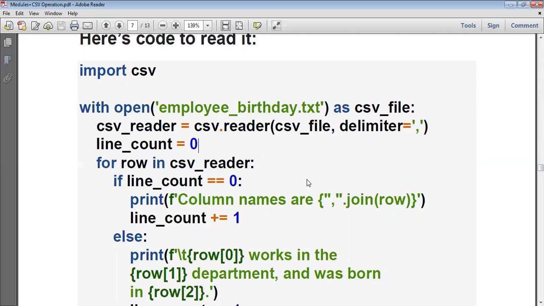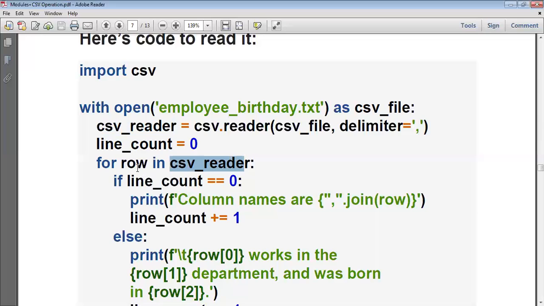How do we count the lines normally? I take the first row and the count value is 1. Next I take the next row, and the count is incremented to 2. It goes on like that. I have to take each and every row and at the same time increment the line count. Where exactly is my data stored? I read the entire content and stored it in the variable called csv_reader. So I will use a for loop and read each and every row in this variable.